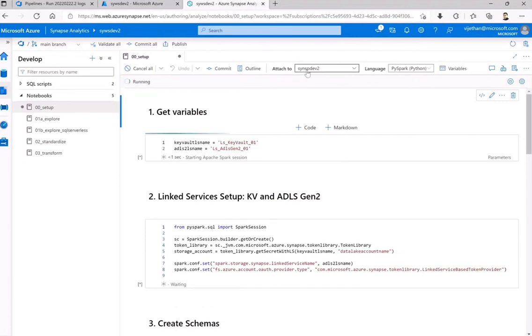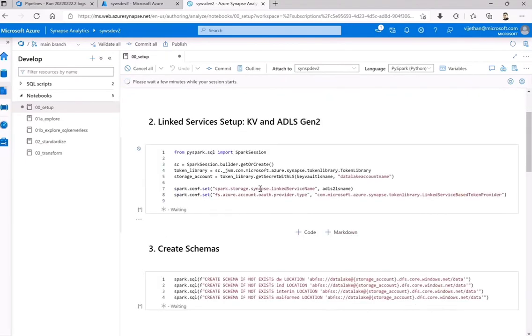This is kind of a pool which you are attaching in this workspace, and we are trying to run the notebook, which is nothing but the setup. Now, why is that required? This is required for us to get an initial setup, which we have seen, right? So first of all, how the linked service is interacting with the key vault, because we need to fetch some credentials. Similarly, what kind of architecture, the storage layer we require. So that is what we need this notebook for.